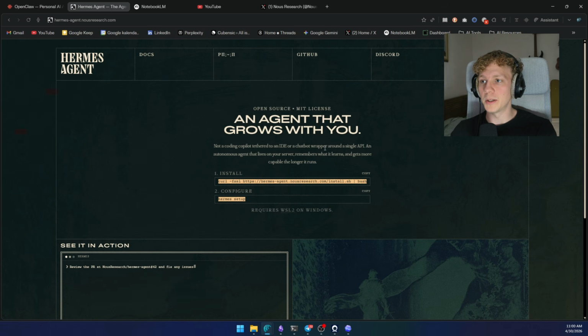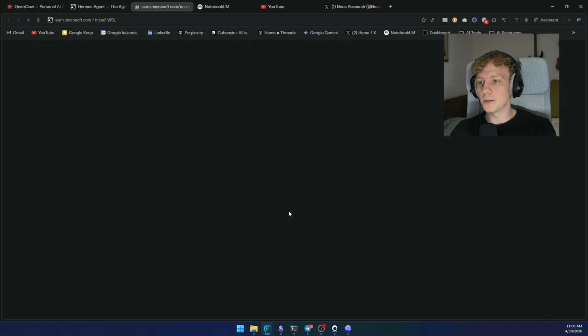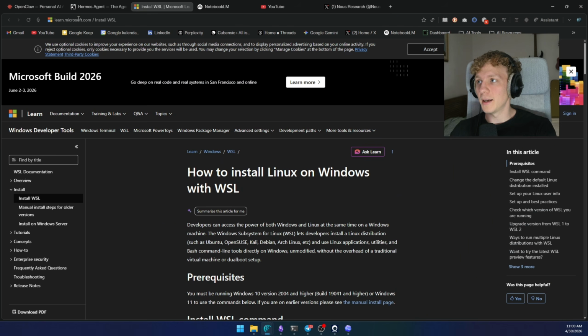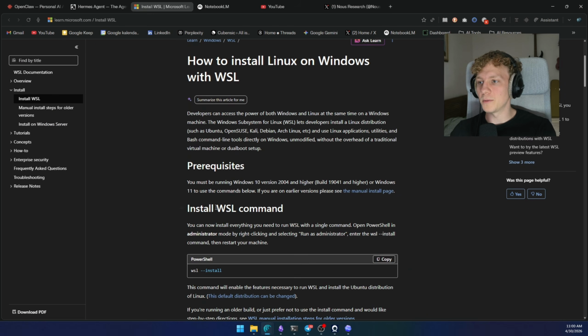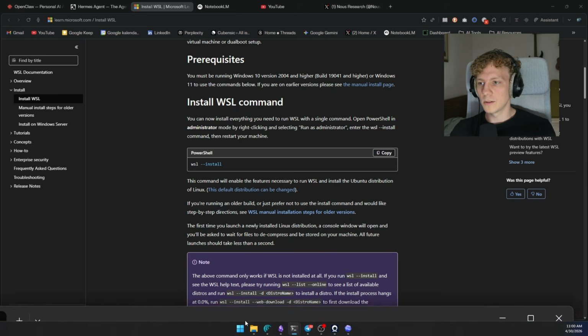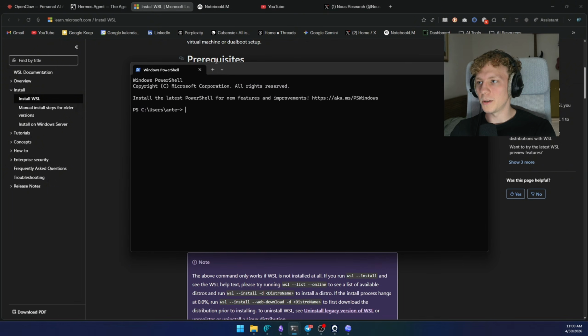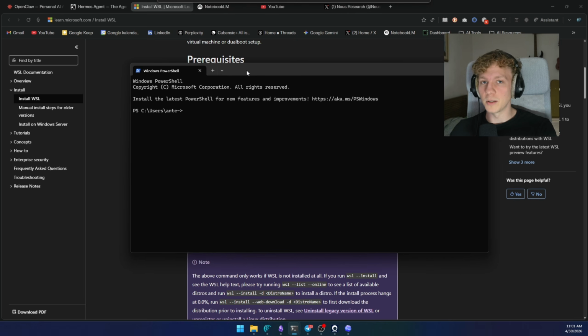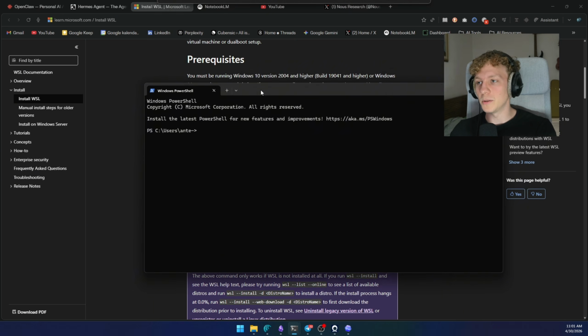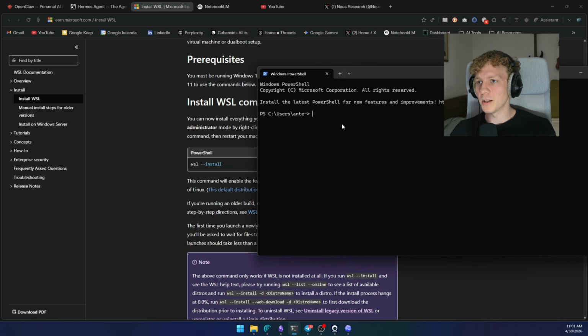If you go to the Hermes website, you can see here that it requires WSL2. You can click on this link, and it's going to take you to a Microsoft website telling you how to install it. So what you have to do is open up your terminal on Windows. You should probably open the PowerShell. There's two types of terminals on Windows, by the way, PowerShell and command prompt. PowerShell is the newest one, so you should use that one. You open up the PowerShell and then you type in